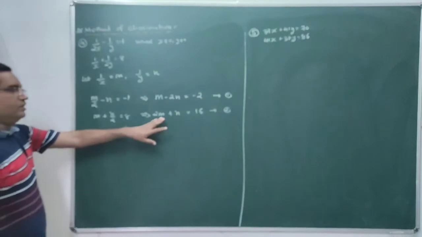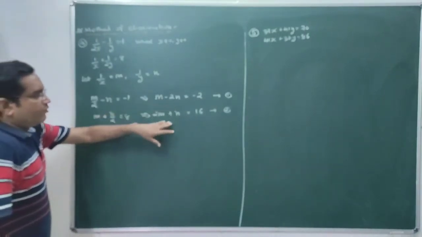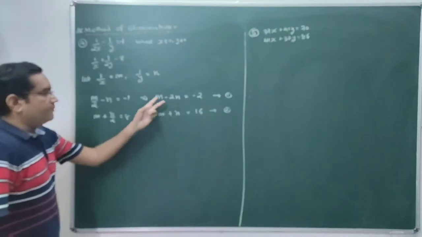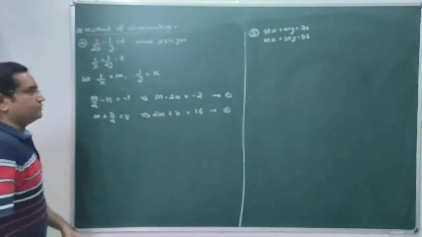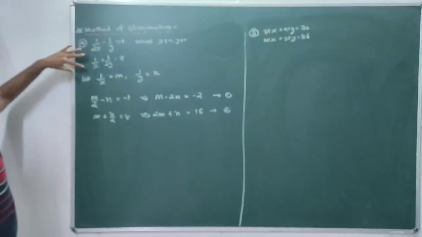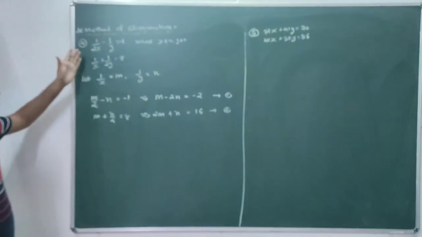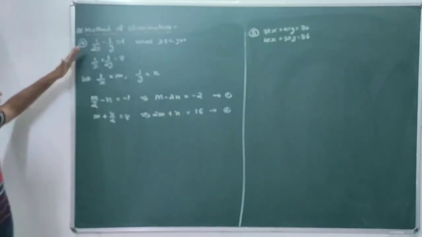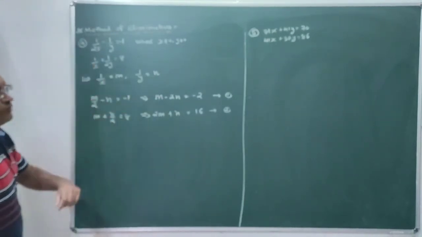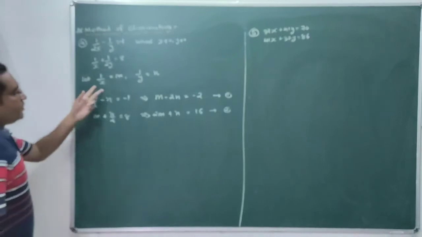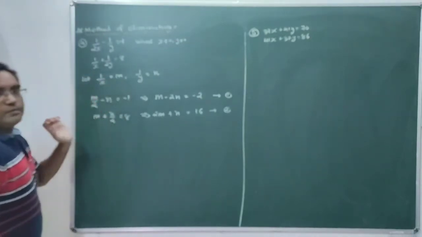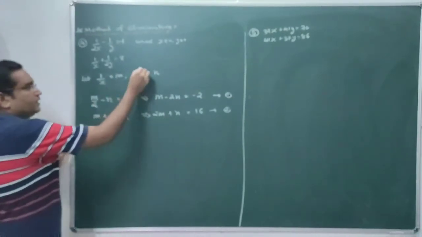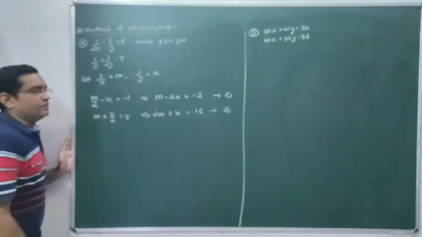Now check these equations. These are a pair of linear equations in two variables. The variables are m and n, their power is 1, so it's a linear equation. So these are the reducible equations. We can say these are reducible equations which are converted into linear equations. Basically these are not linear equations. We have converted the equations into linear equations by substituting different variables, replacing 1 by x with variable m and 1 by y with variable n.